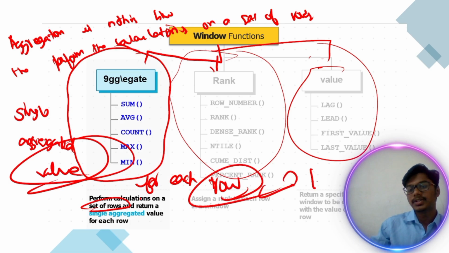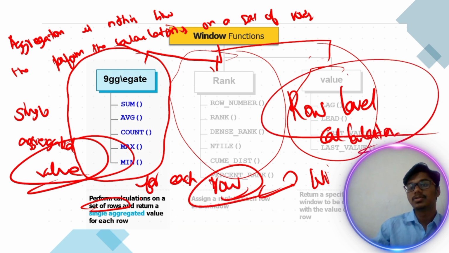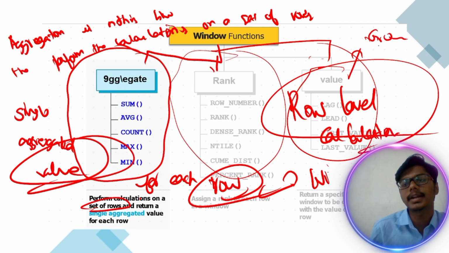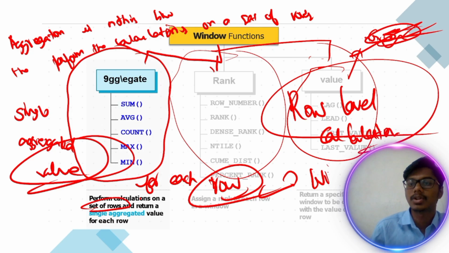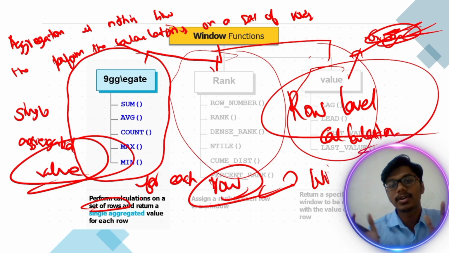So that means Window function is about the row level calculation, right? Row level calculation. In the previous video we discussed the group by, which is called group calculations. So now I don't want this group by calculation. We have discussed the row level calculations, and in today's agenda we are going to discuss the